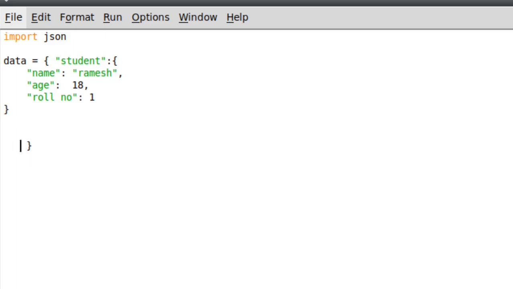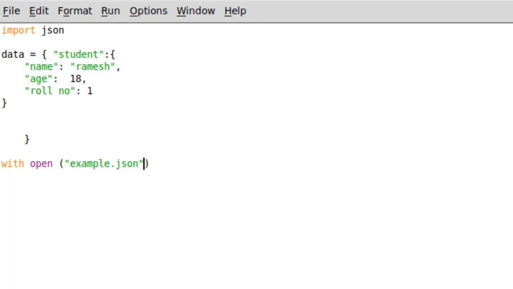Now we will write the data into a file. So first we need to open a file, so we'll define it like this: with open followed by a file name, that's in double quote, like this.